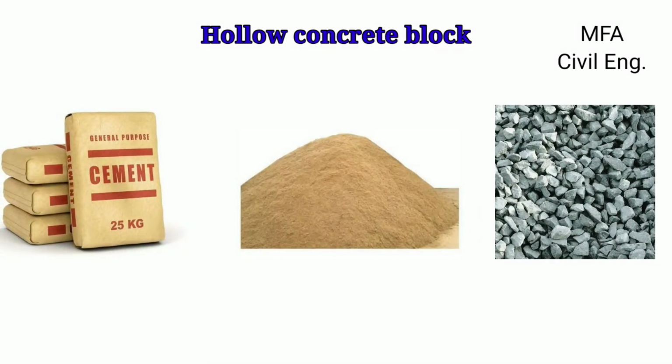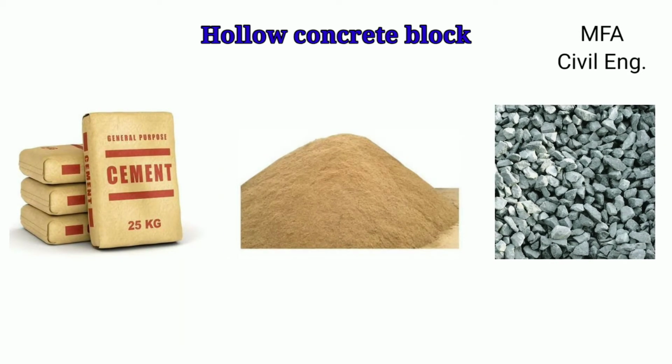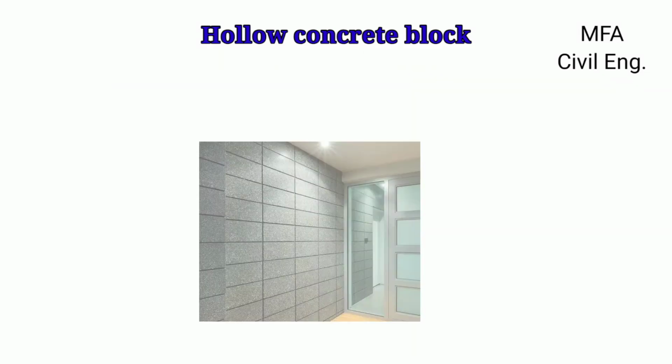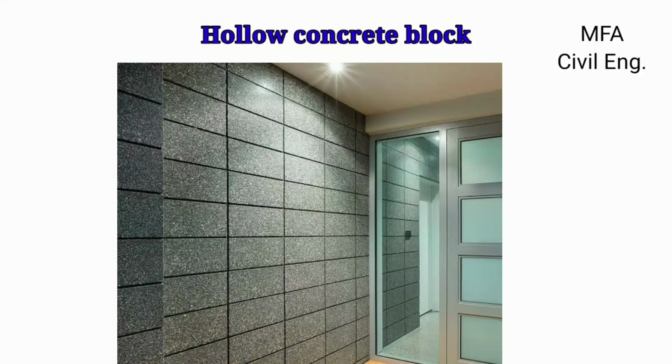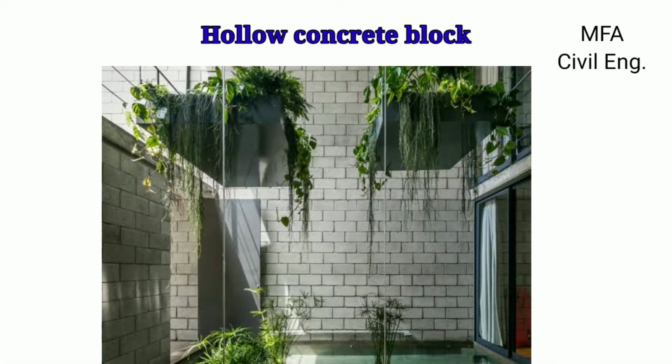The compressive strength of the block varies according to the ratio of the constituent materials, that is cement, sand and aggregate. The block which has maximum compressive strength has its constituent materials in the ratio of 1:3:6. Hollow concrete blocks have various advantages: blocks are highly durable, fire resistant, and provide sound insulation, thermal insulation and protection from dampness. Blocks are economical, environmentally friendly, with greater saving in material.